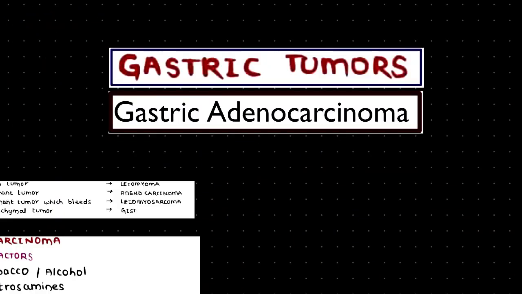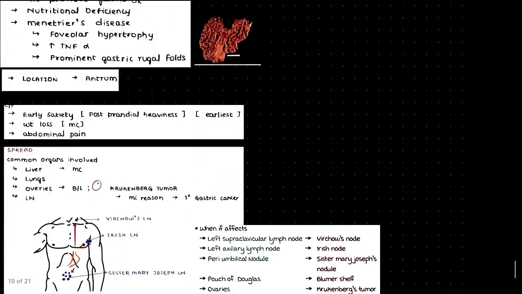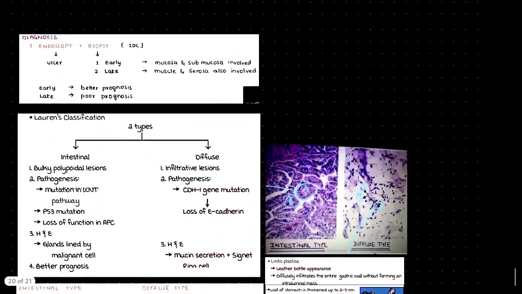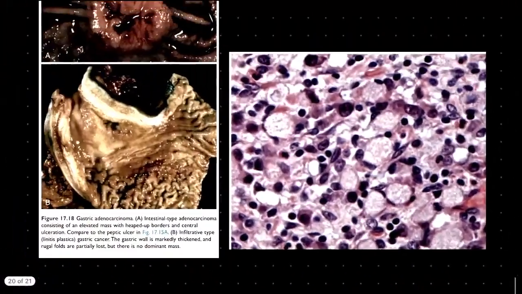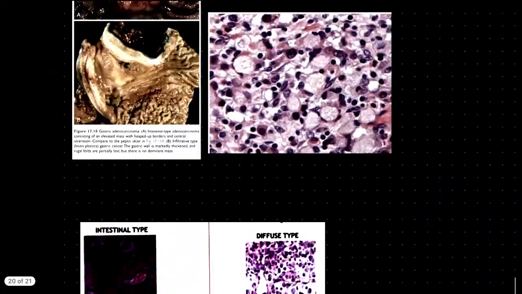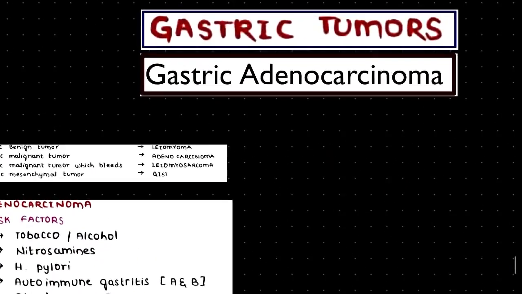The topic of discussion that we are going to cover is gastric tumors. Under gastric tumors, we'll be talking about gastric adenocarcinoma in detail. So what are the things that we'll be studying? We'll be going through the diagrams given in Robbins, and these are the things that we will be covering in this lecture. Now, without delay, let us move.